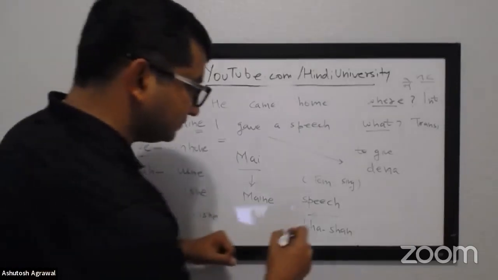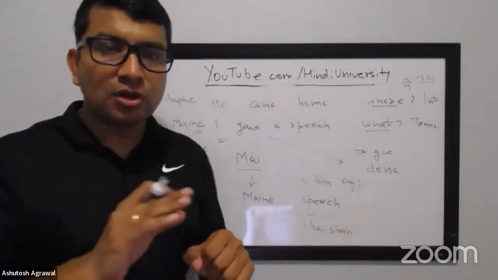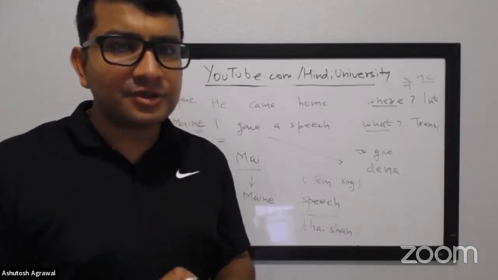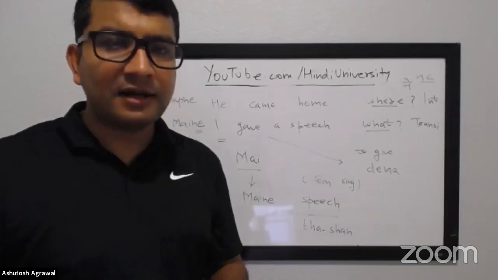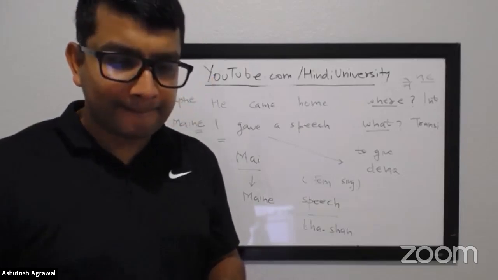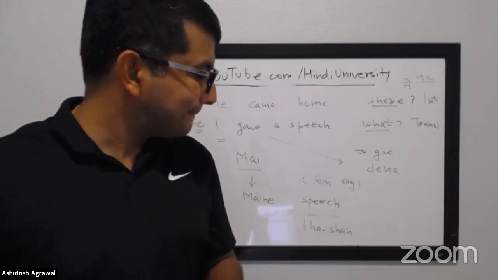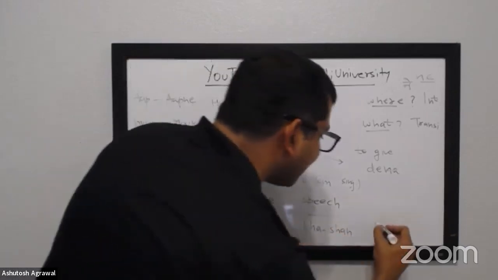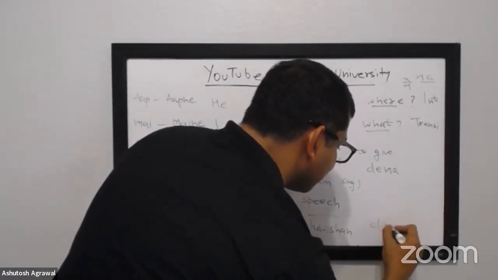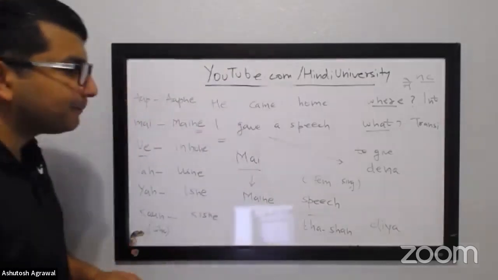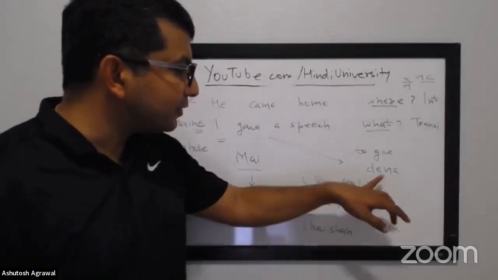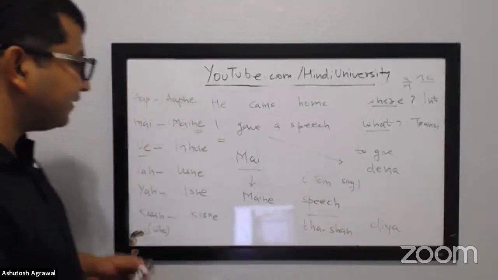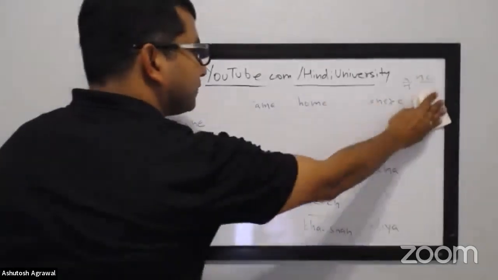I'm sorry, I don't remember how to conjugate that verb. Okay, so sona becomes soya, right? Khana becomes khaya. Just like that, dena becomes diya. Very good. Okay, so assume I wrote it in Hindi: मैंने भाषण दिया. It's slightly complicated because there are too many things going on. Dena is also an irregular verb, right? So let me take a simpler one. If it was I ate a pizza, which is what we had.